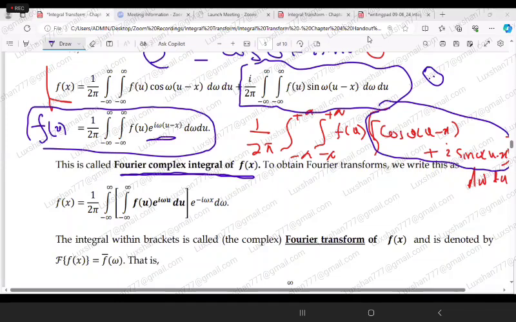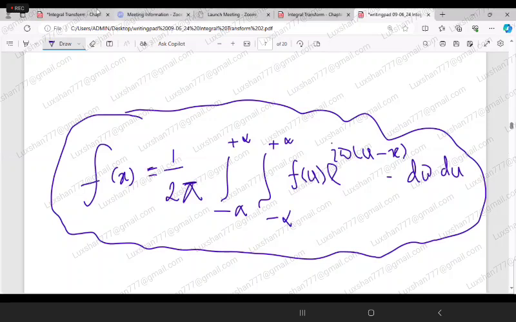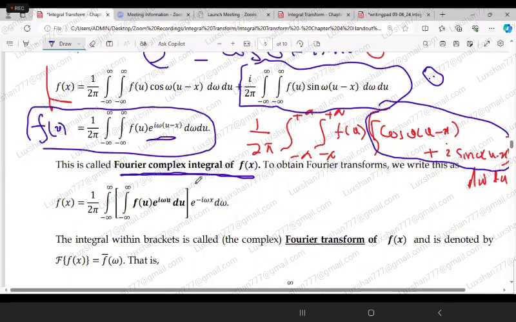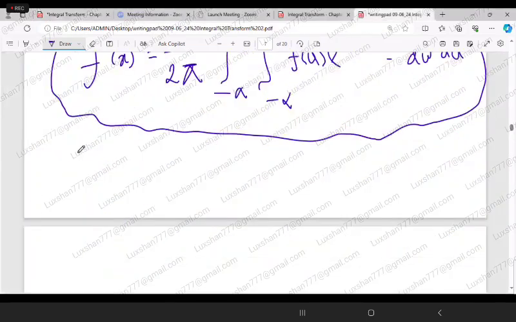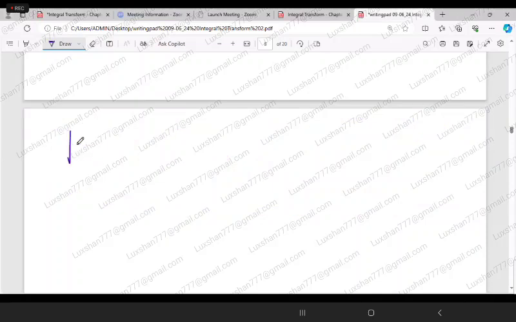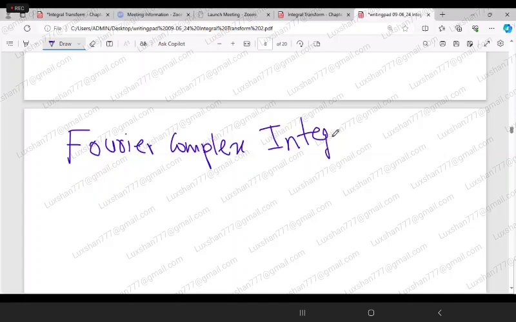Right. So this one we call the Fourier complex integral of f(x). Now look at here. Now I'm going to rewrite this one. So now we have the Fourier complex integral. Look at this carefully. Now I'm going to introduce another thing. The Fourier complex integral of the function f(x). We write it as